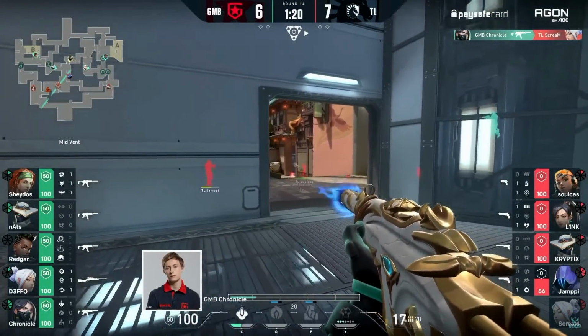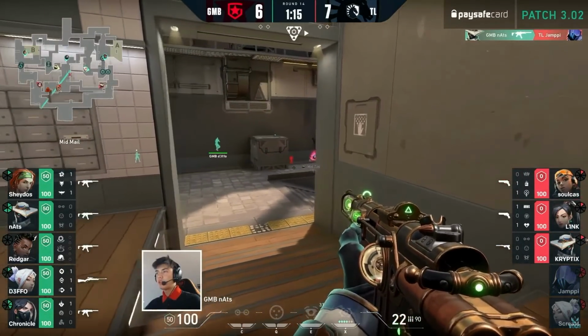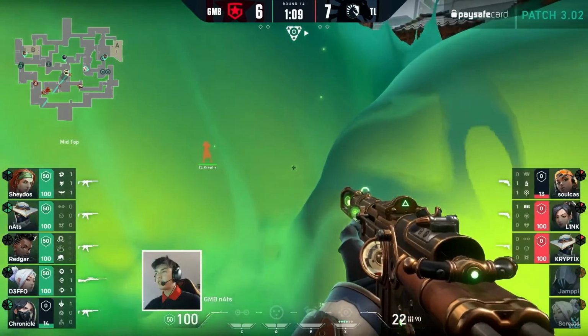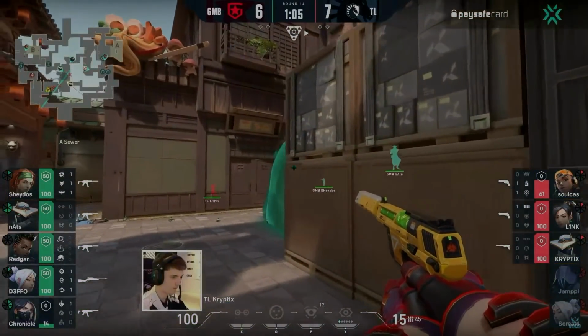And look at how they're approaching this round. They're changing it up massively. nAts is supporting in towards mid this time as they crunch down with the Spectres. And these players attempting to seize control. I mean, where did Liquid go from here? The spike still in their possession easily, but...